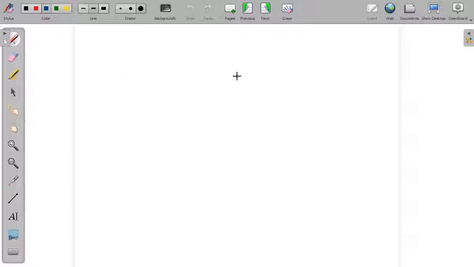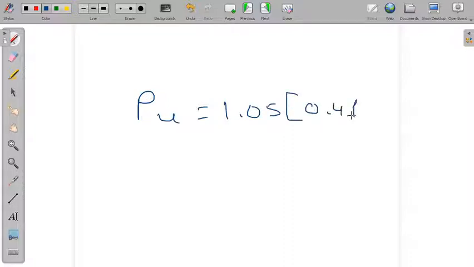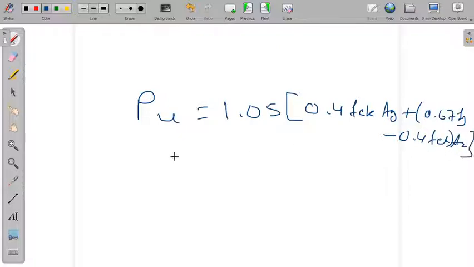It is given to us that Pu is equal to 1.05 into 0.4 FCK AG plus 0.67 FY minus 0.4 FCK AC, or otherwise we can write this,